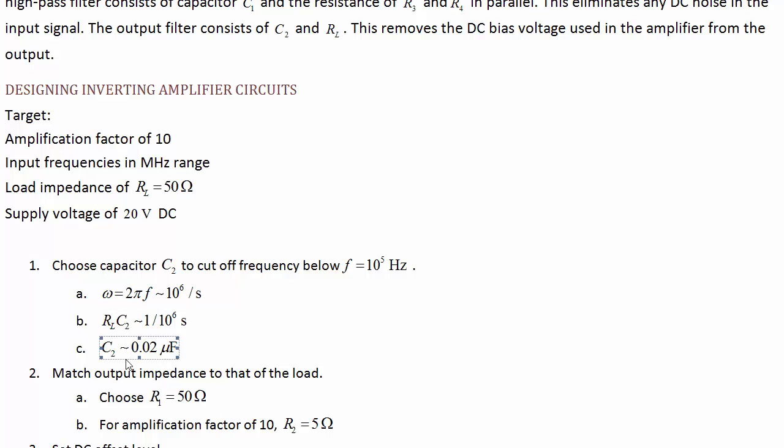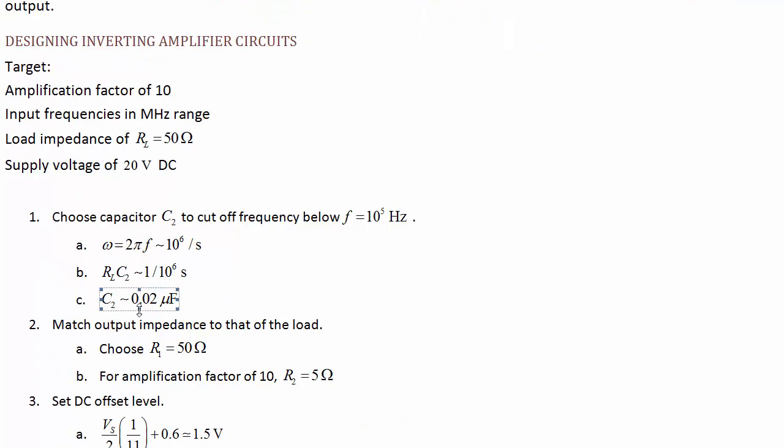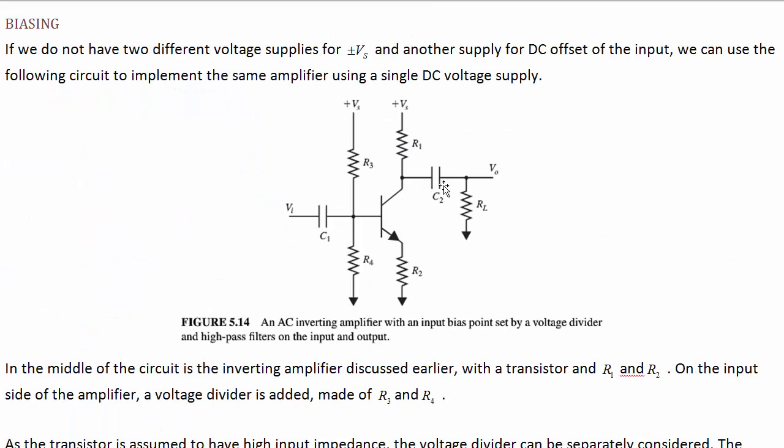And that tells us what our capacitor should be, about 0.02 microfarad. That gives us a ballpark for what we want that capacitor to be. Okay, then let's match the impedance of this resistor to this resistor. The reason we want to do that is so that we'll have about the same power dissipated in this resistor as this resistor. So if we make this resistor too high, then